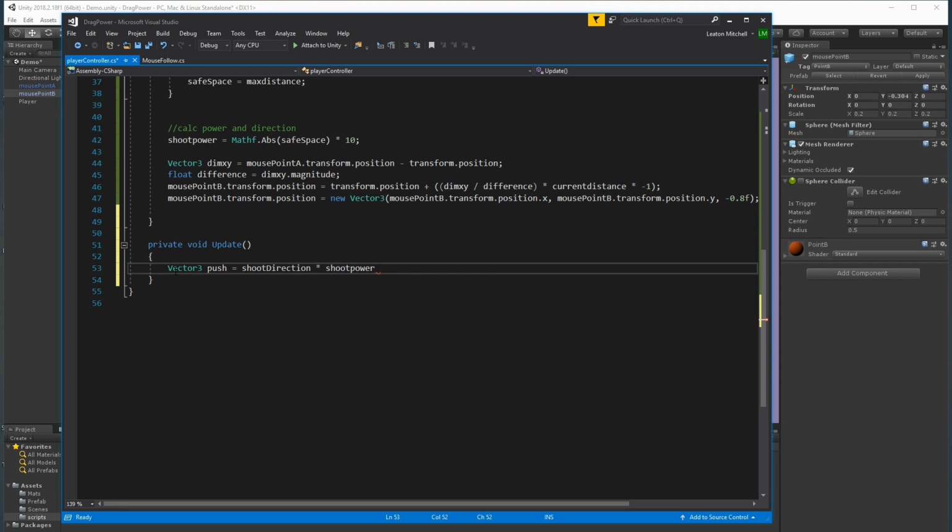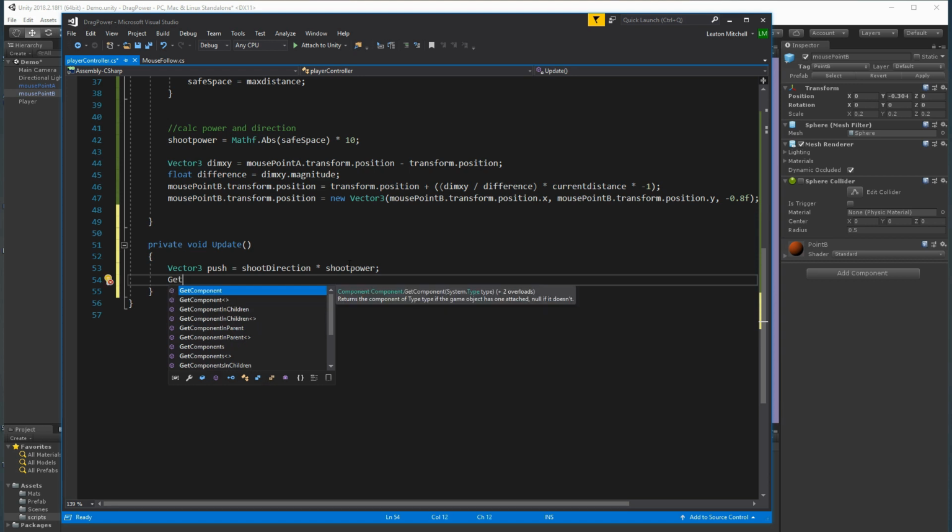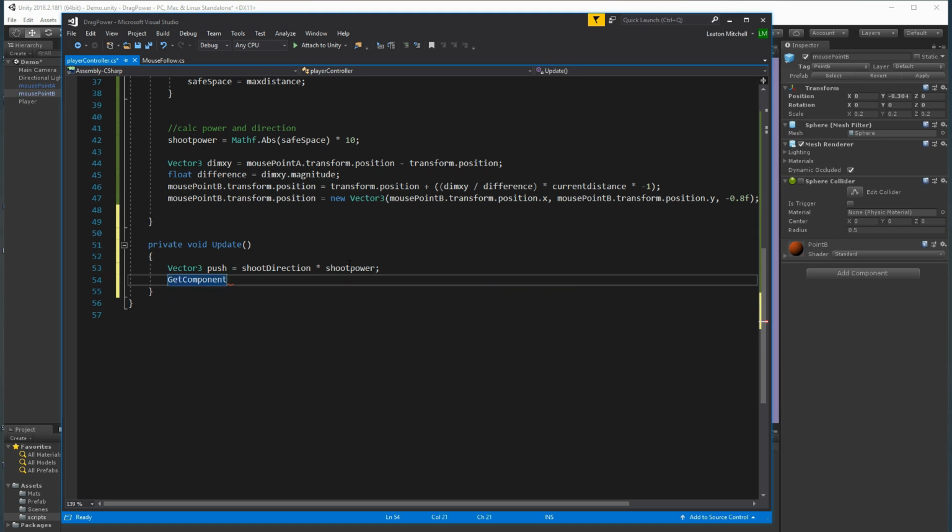And then, what times? I think it has to be -1. Let's try it this way without the -1, because I do think it has. So GetComponent. We're going to access the rigid body. So GetComponent, Rigidbody. And then Rigidbody has the AddForce function here, and here we can just throw in our push, and then